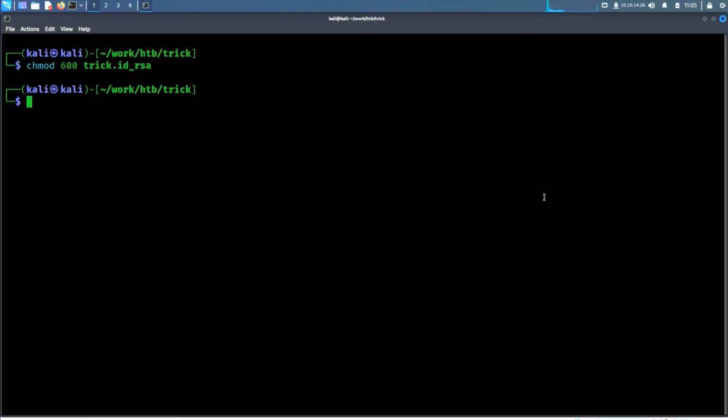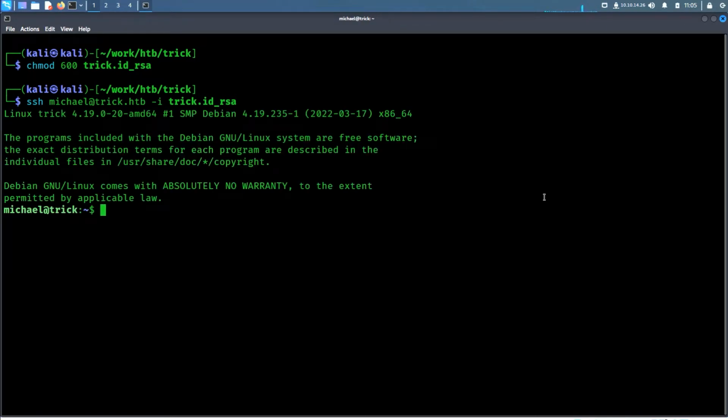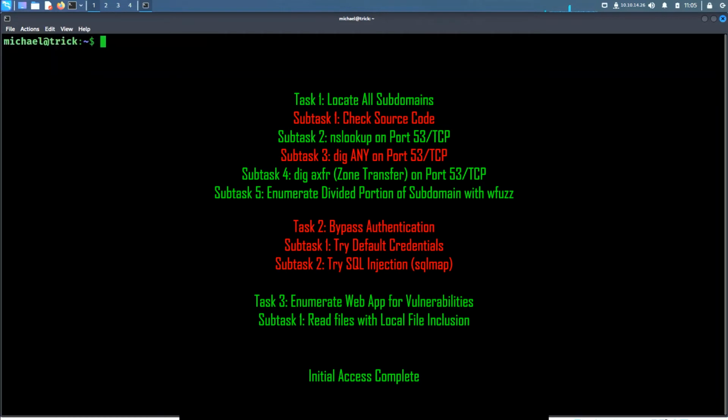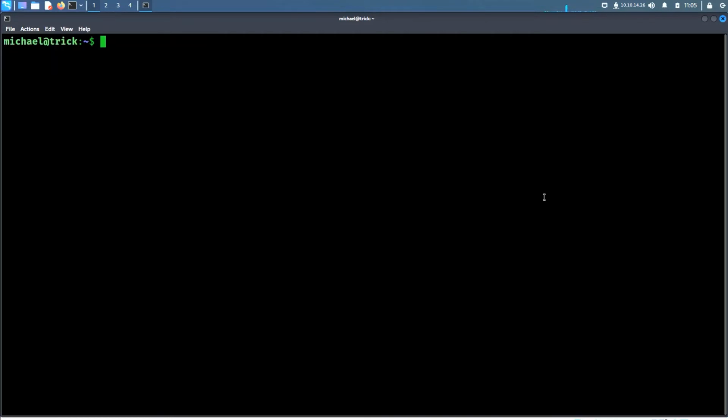Once we do that, now we can log in as Michael, and then we'll say -i and then trick.id.rsa, and then we're Michael. So we could cat user.txt, and there's our flag. Moving on,